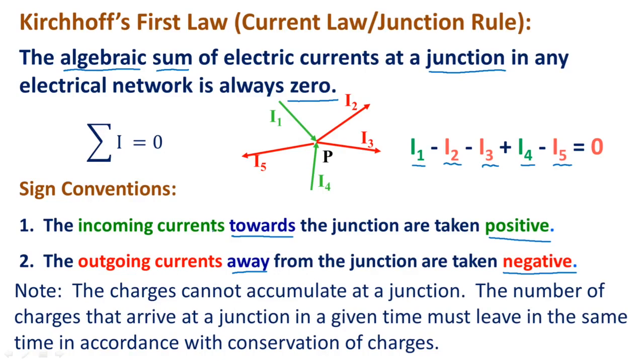Flow of charge per unit time is the current. Some amount of charge is received per unit time due to the currents arriving at a junction, and the same amount of charge leaves the junction per unit time. The sum total of the leaving and arriving currents is the same. That means there is conservation of charge. The charges cannot accumulate at a junction. Thus, Kirchhoff's first law is based on the conservation of electrical charge.